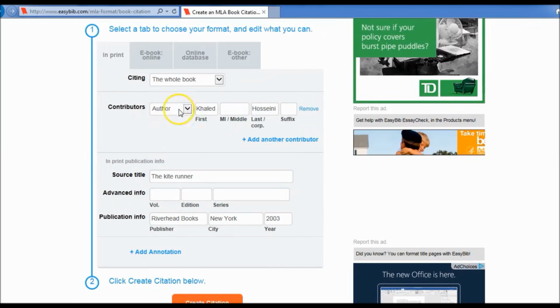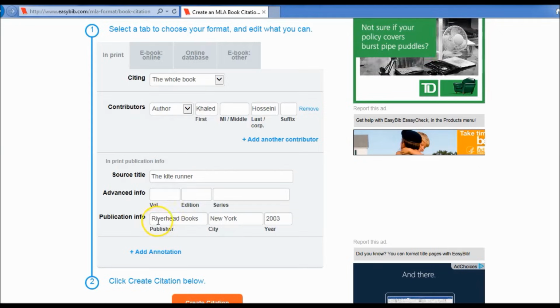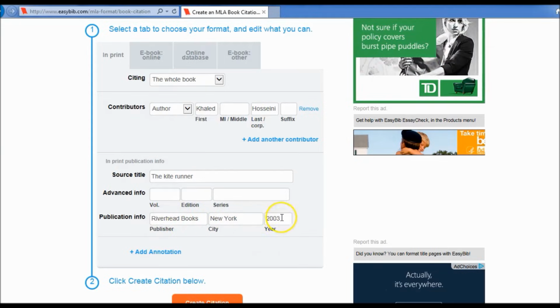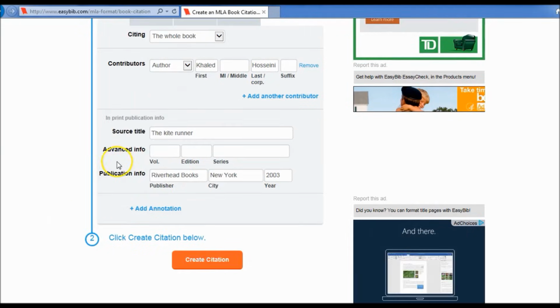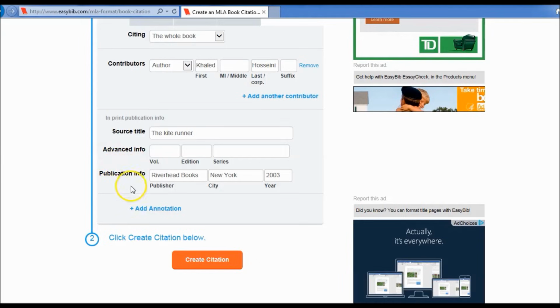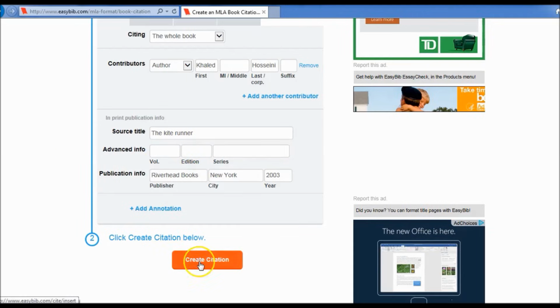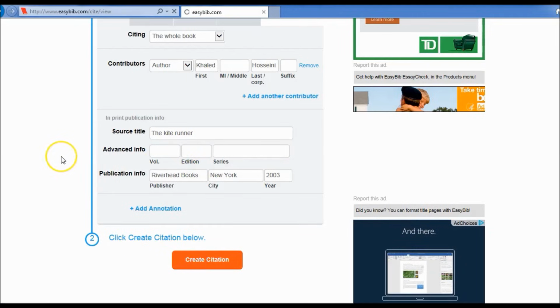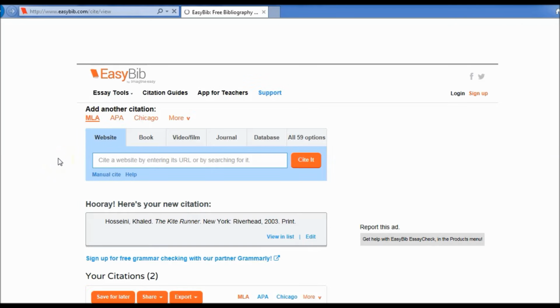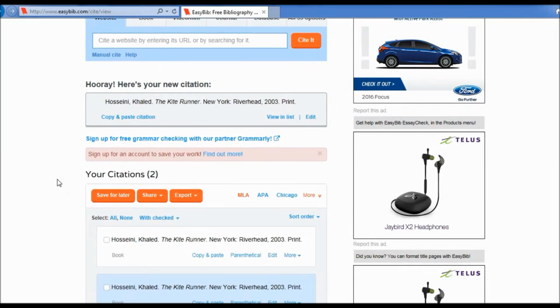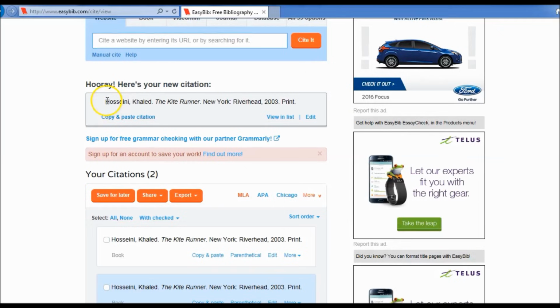It's given us the name of the author, Khaled Hosseini. It's given us the publisher, the city it was published in, and the year. For our purposes, we don't need anything else to cite the source, but if there was a particular volume, edition, or series, we could actually type in that information ourselves. I'm going to click Create Citation now, and just like that, we have our citation here, and all I'm going to do is highlight it,